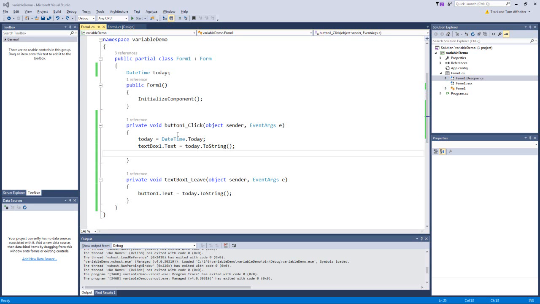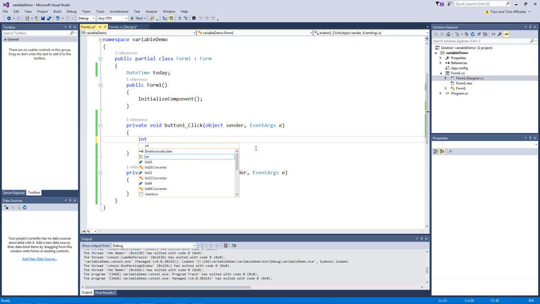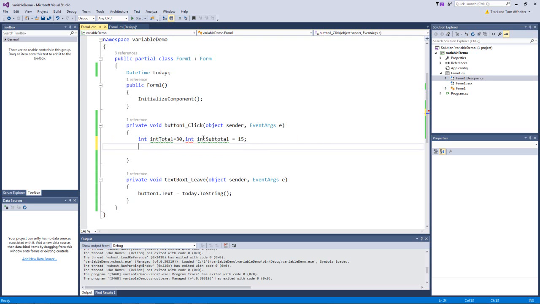So let's go ahead and create some variables and talk about some of the shortcuts. If I wanted to, I can say int total equals 30, and then with a comma I can say int subtotal equals 15, and